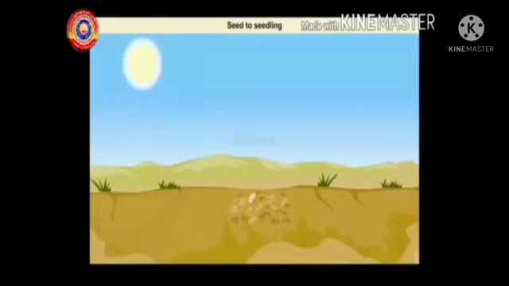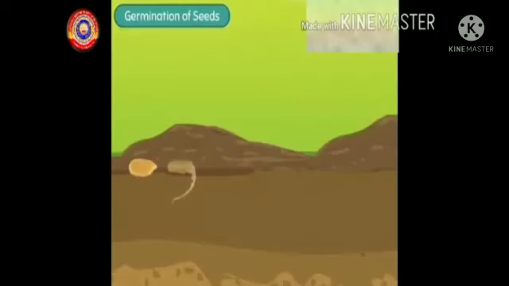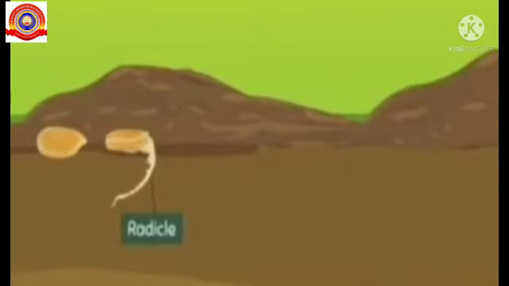When a seed is placed in the soil or ground, the seed absorbs water around it and it starts to grow. Thus, the seed becomes larger in size and within days a small part comes out of the seed, which is called the radicle, and it slowly starts growing in the downward direction. So, the radicle is the part that comes first from a seed. Which part of a plant comes out first from a germinating seed? Yes, it's the radicle.